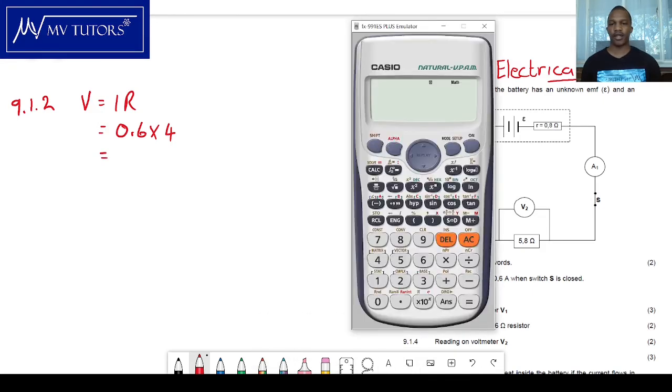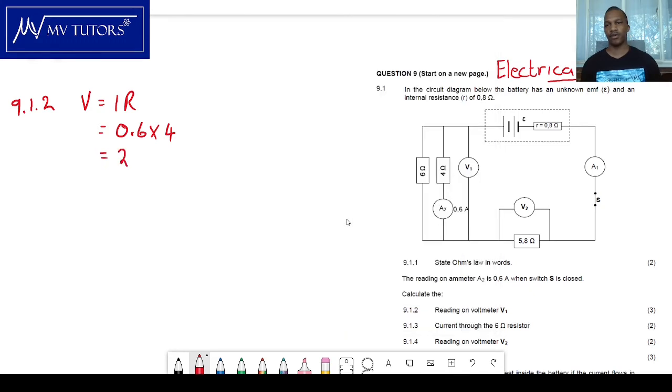Let's bring out a calculator, and we put 0.6 times 4, and we get 2.4. So 2.4, and what's that? That's the SI unit for voltage. It's just volts. All right, now let's go to the next question, which is